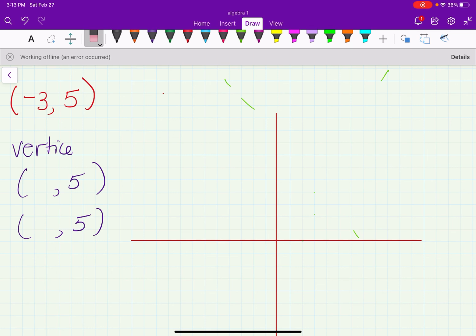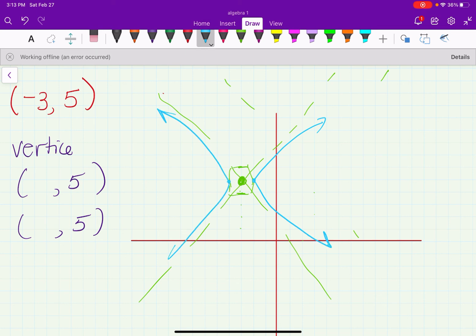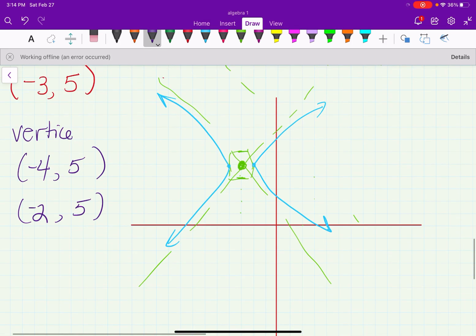Okay, let's try again. Let's do our invisible. It's negative 3, 5. 1, 2, 3, 4, 5. I noticed when I started doing my vertices, they were wrong. Then we go out 1, 1, 1, because that's what's underneath of those. And now we draw diagonals. And then our vertices will be here and here. So we moved 1 over to the left, so that makes negative 4. And we moved over 1 to the right, so that makes negative 2. Okay, that's a hyperbola. You might need to listen to again, because I kind of went